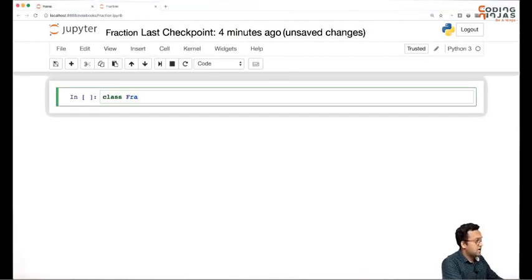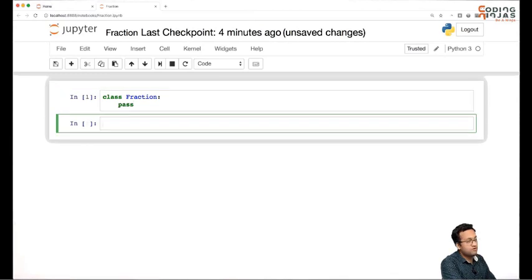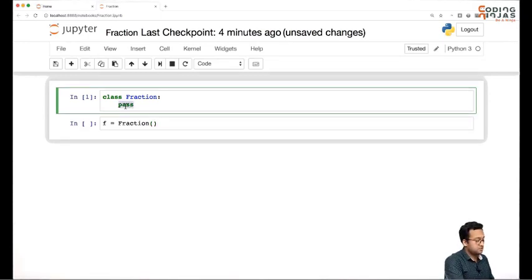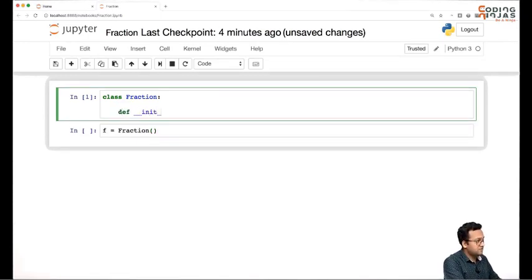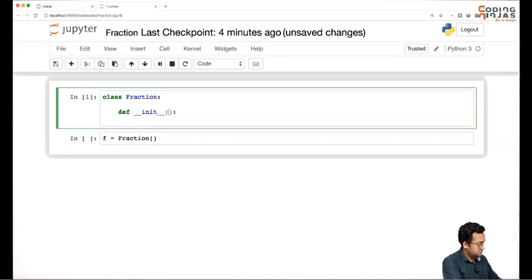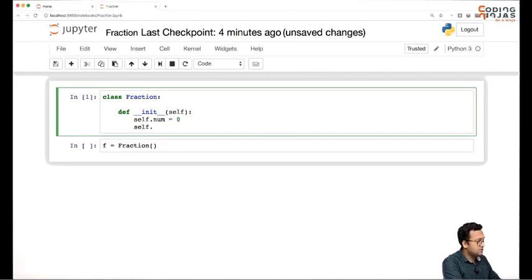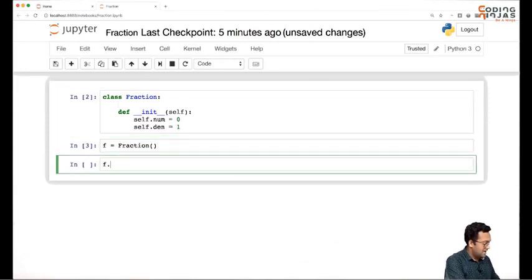So first of all, for now, I'm going to just say pass. Let's see what all we want to build. First of all, I would like that if I want to build a fraction, it should have some numerator and denominator, right? Every fraction should have some numerator and denominator. So the way to do that would be by using the init function. Perfect. So I can have my init function as self, right? Then I would want a numerator, which is 0 by default, and a denominator, which let's say is 1 by default, right? So this basically means that now my fraction has by default 0 by 1, which is effectively 0.